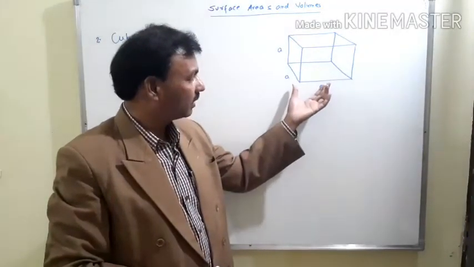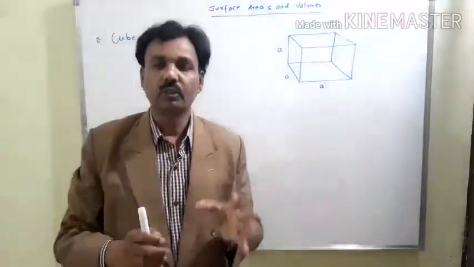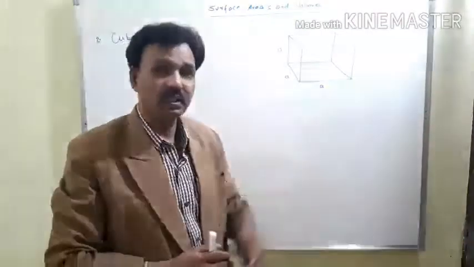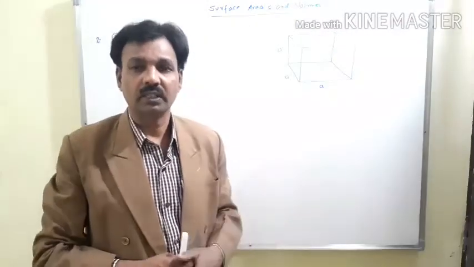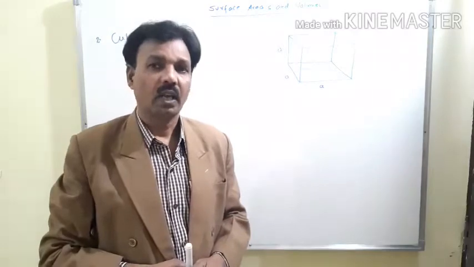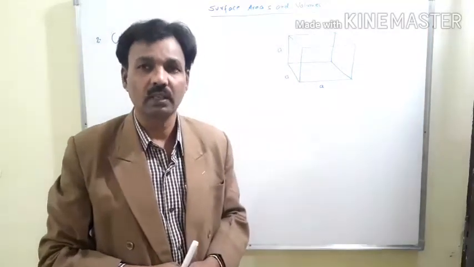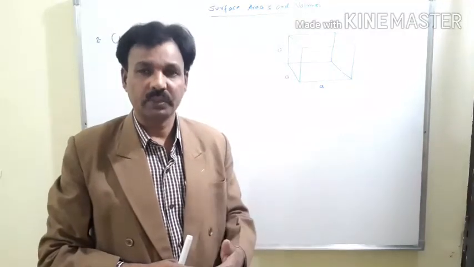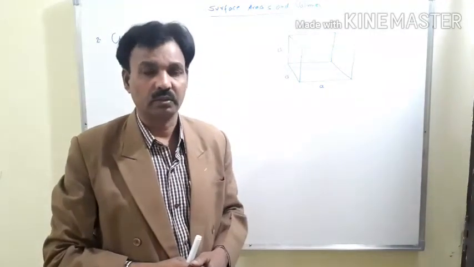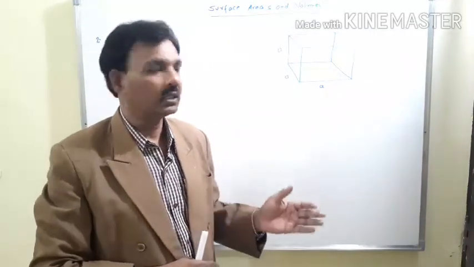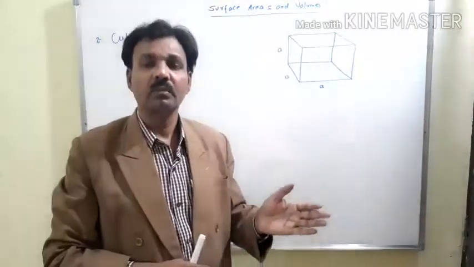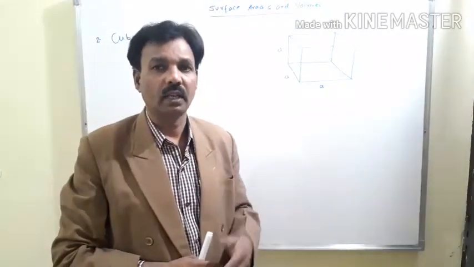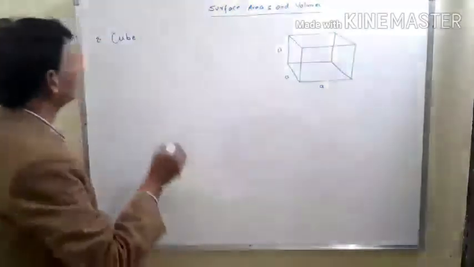Same as a cuboid, a cube has 6 faces, 8 vertices and 12 edges, and it also has surface area, volume, curved surface area and diagonal. What is the formula for finding surface area, volume, curved surface area and diagonals? Now here, first write